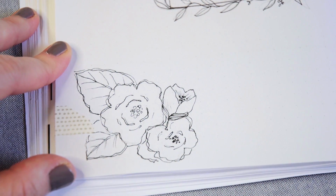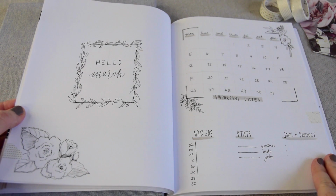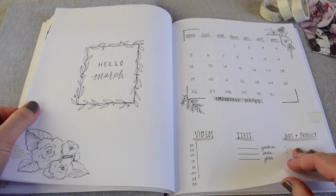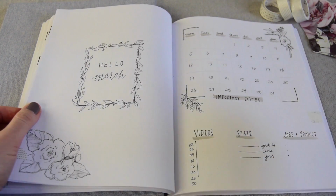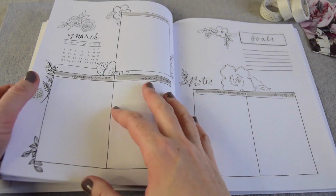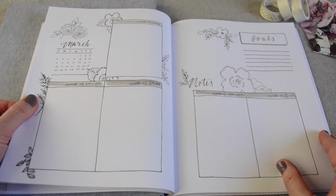And then I decided to do some more floral illustration just in the corner, and you can see there's the layout in its entirety. It's just black and white and clean and simple, and that's what I love. You can put important dates below the calendar. I've got some video stats, but you can really use that half of the page to put whatever you want, whatever's important to you. When we flip here, again, this is the printable layout that you can grab on my